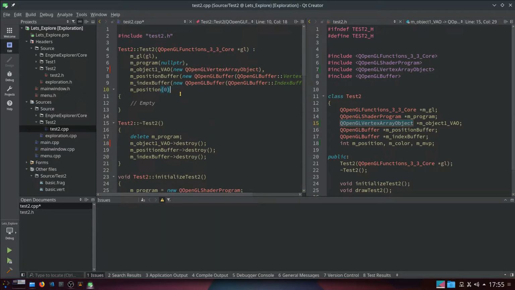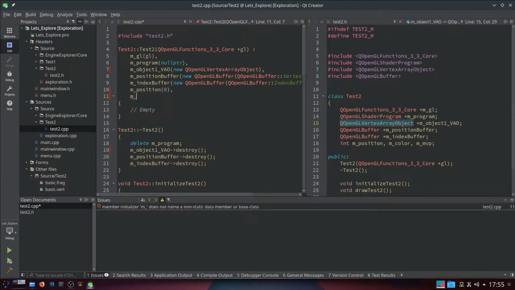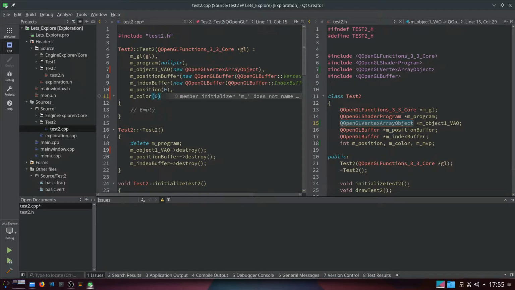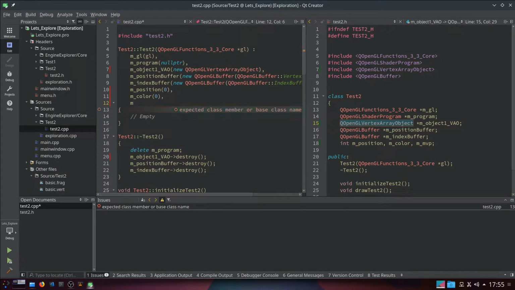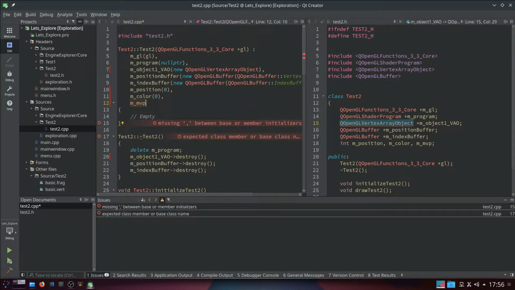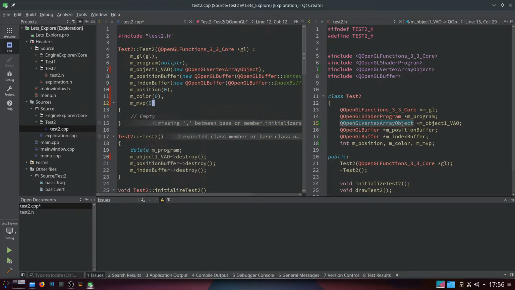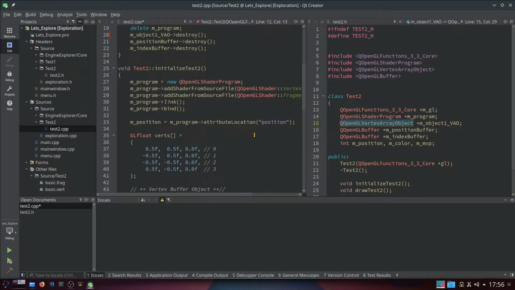We need a comma. And I've got color, underscore color, please. Start that at 0. And underscore MVP, model view perspective. We shall start at 0 as well. There we go. Because we can. Here we go. I can copy that. Pop it there a second, will do. And also,